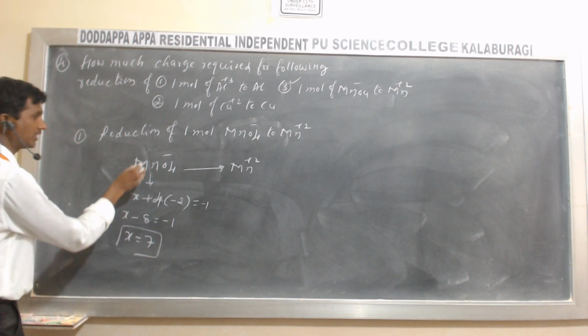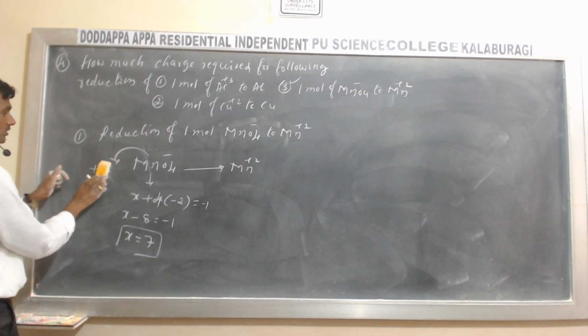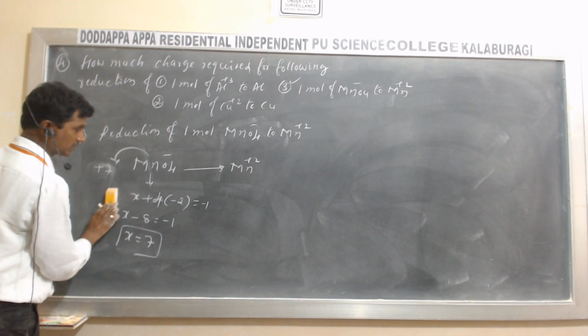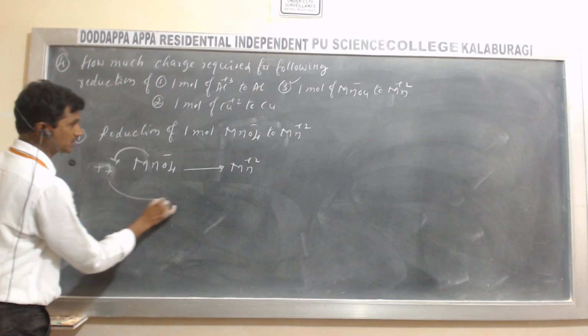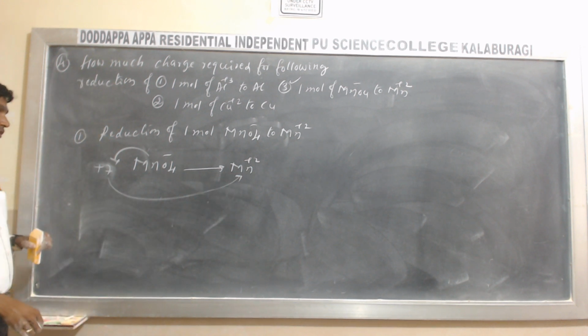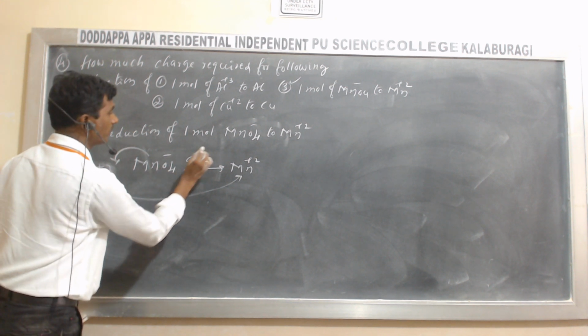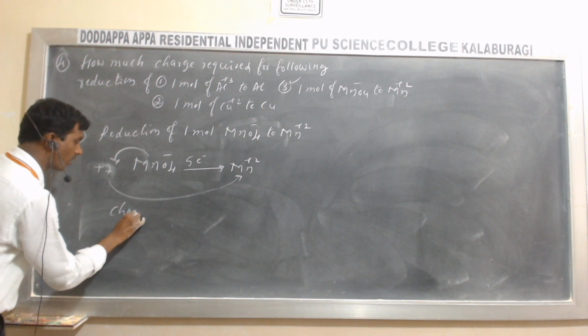The oxidation state of Mn is plus 7. The plus 7 changes to plus 2, which means reduction. Reduction means how many electrons are added? 5 electrons are added. So it means the charge required